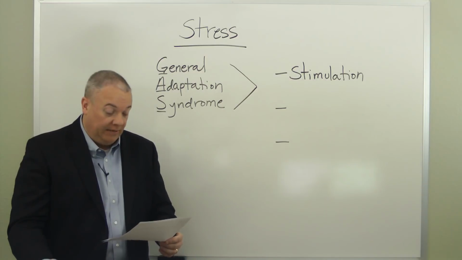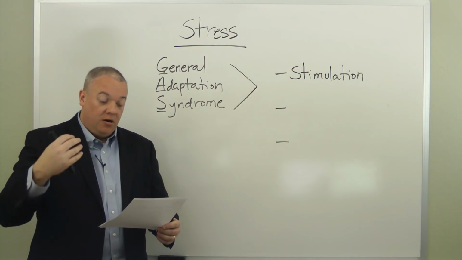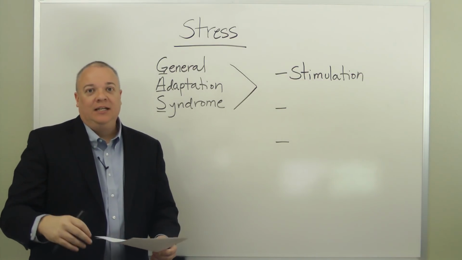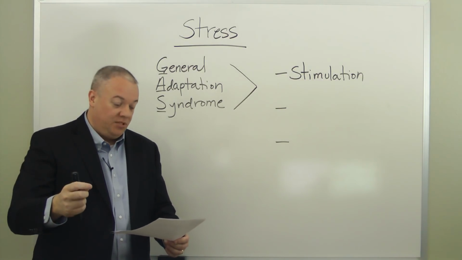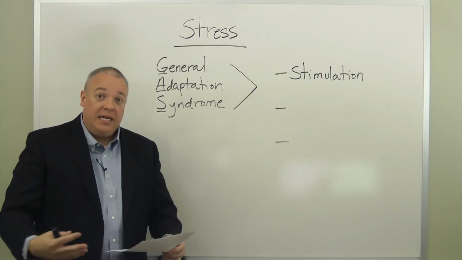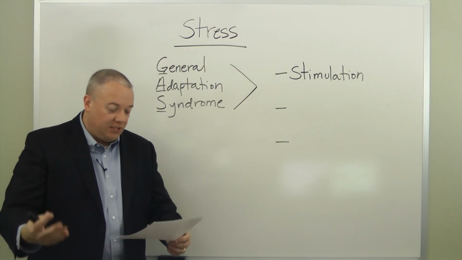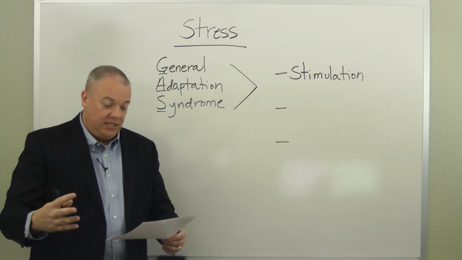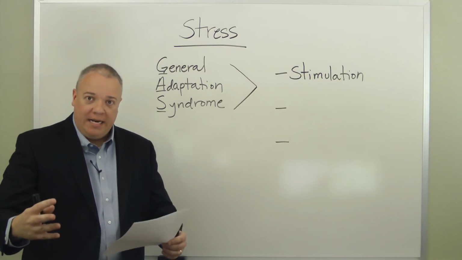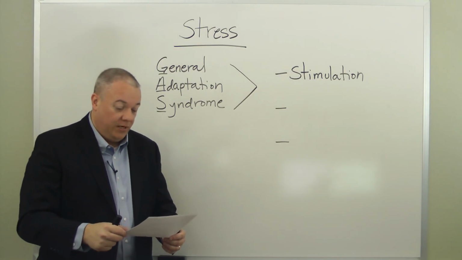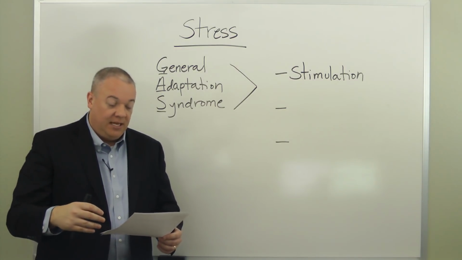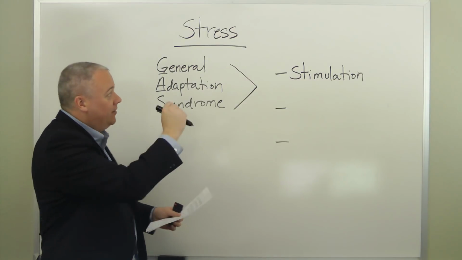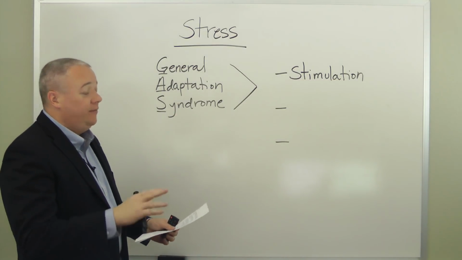The glucose level rises, the heart and respiration rates increase, and the individual becomes alarmed. We've all experienced this. Stress comes in, things heat up, adrenaline or epinephrine is released, heart rate goes up, respiration goes up, and the person is in a state of readiness, alarm, fight or flight in some ways. So the GAS response is managed by the adrenal and the pituitary glands. So the first level is stimulation. If the stress is not